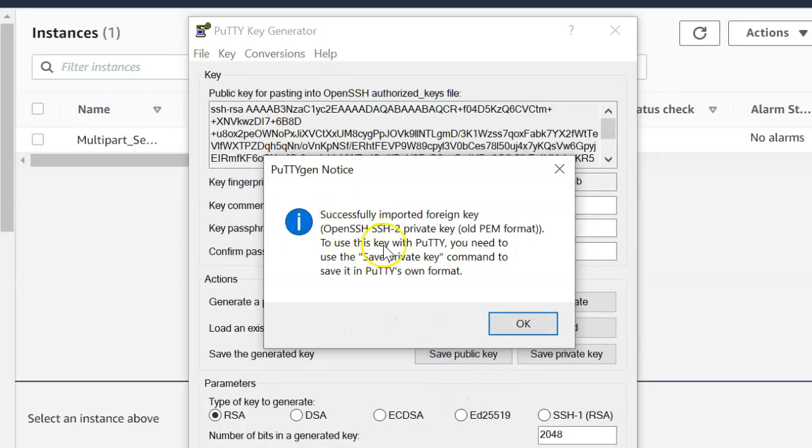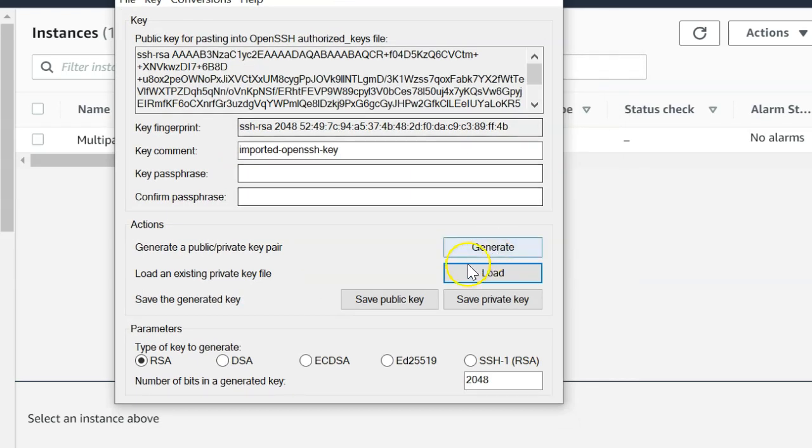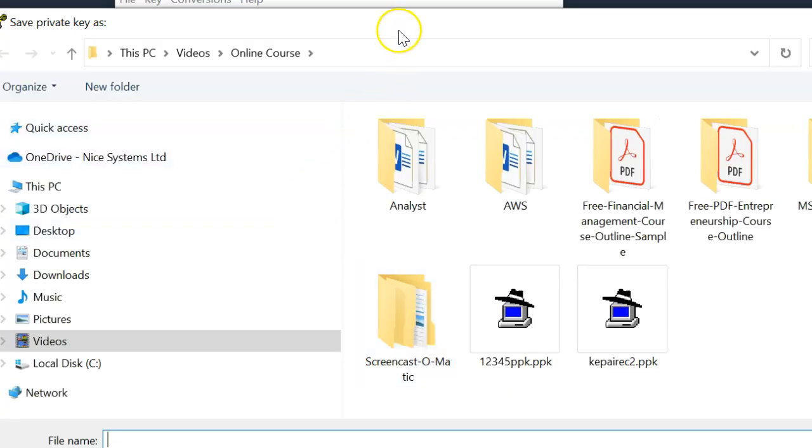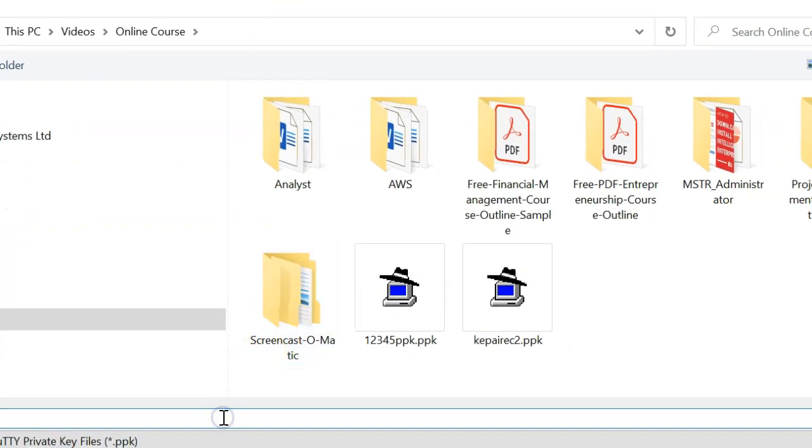That's perfectly fine, you don't need to worry about it. It's what we wanted from the PuTTYgen tool. Just hit OK, then click on Save private key. It asks whether you are sure you want to save this key without a passphrase; yes, I'm going to protect it myself. Now enter the name.